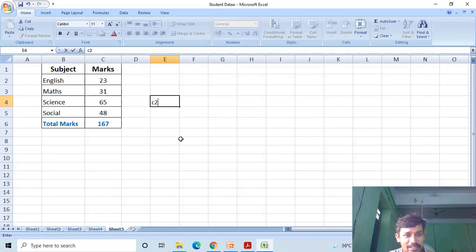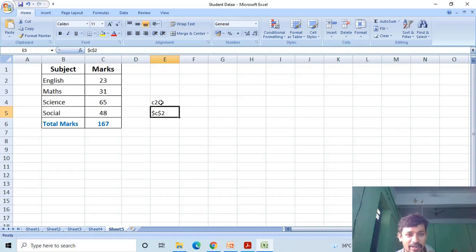If you represent a cell address like this, then it is called a relative reference. If I write the cell address by adding the symbol, $C$2, it is called an absolute reference.